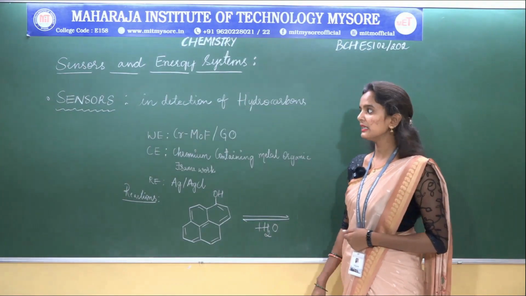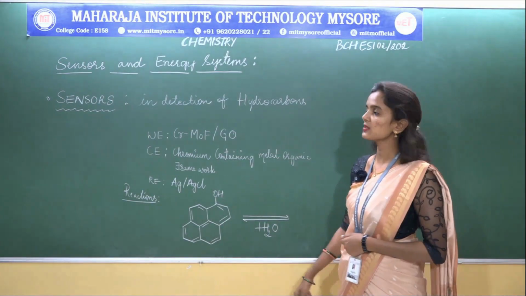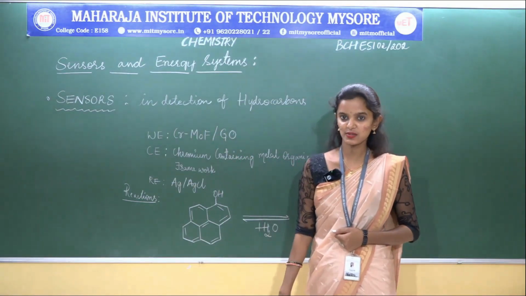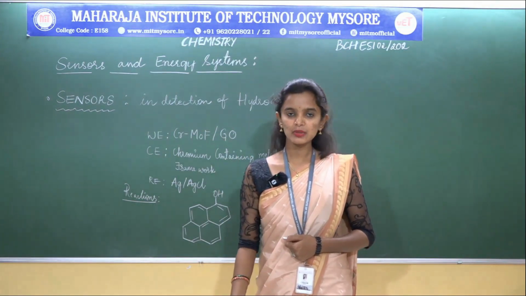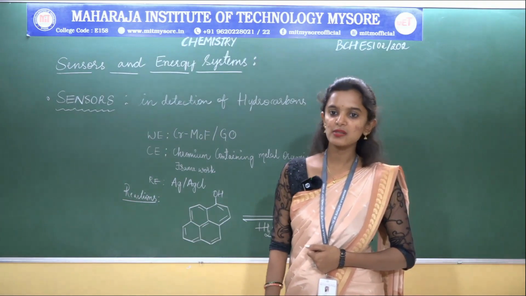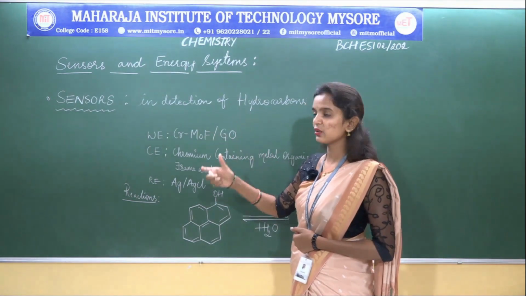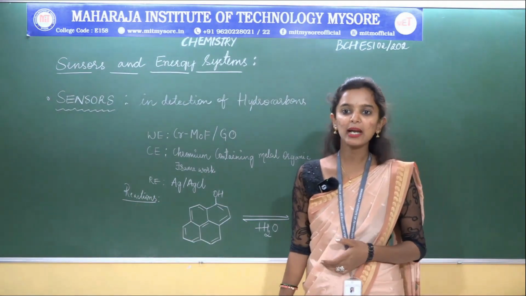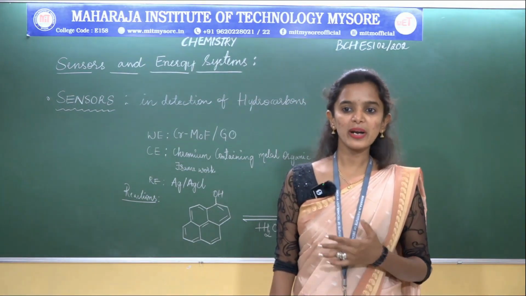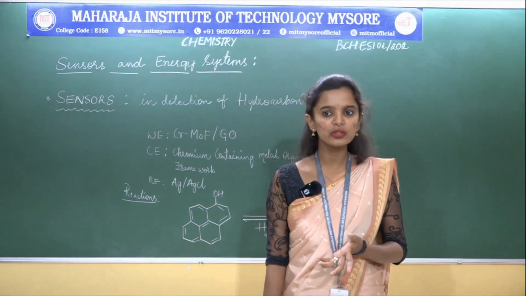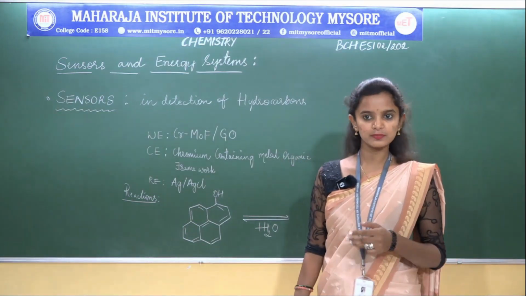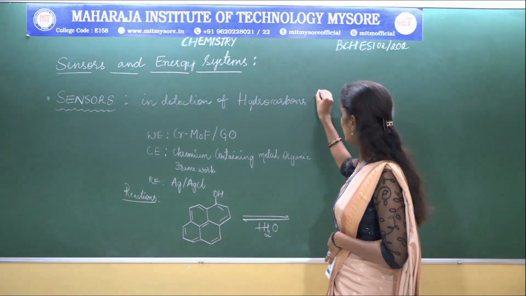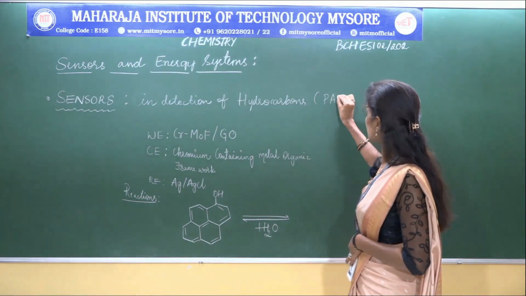Let us now study the detection of hydrocarbons using electrochemical sensors. What are hydrocarbons, what are polycyclic hydrocarbons, and why is the detection of these hydrocarbons necessary can be seen. Polycyclic aromatic hydrocarbons are widely found in air, food, and also soil and water. These polycyclic hydrocarbons are also referred to as PAH,